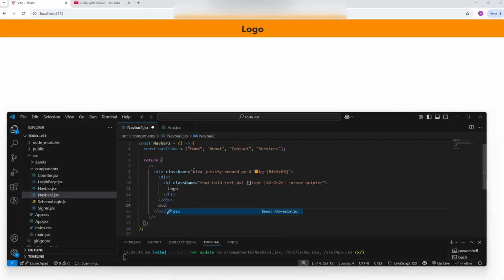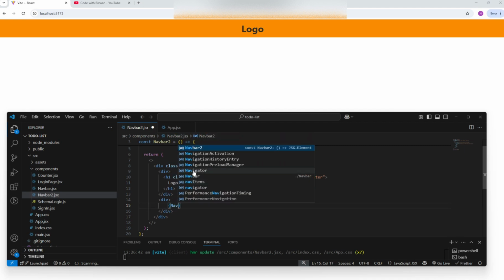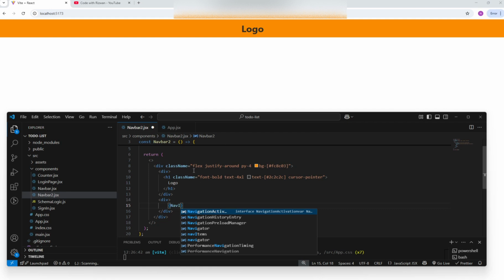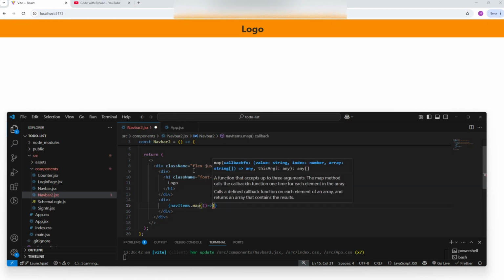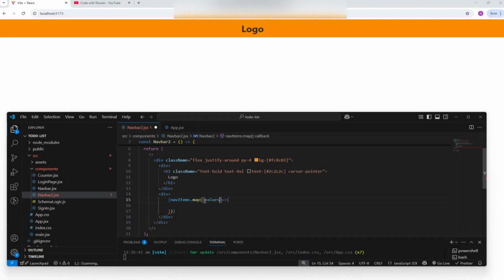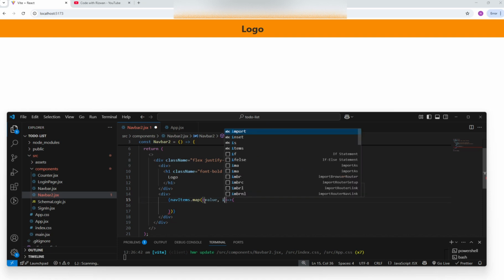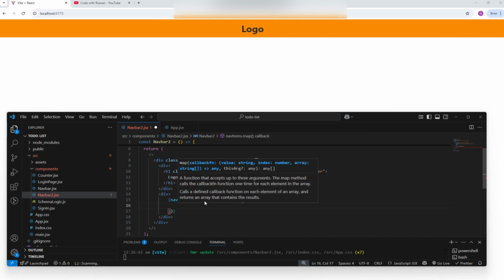Now creating another div to display my nav items, so accessing them, navItems.map, adding 2 parameters, index and value.